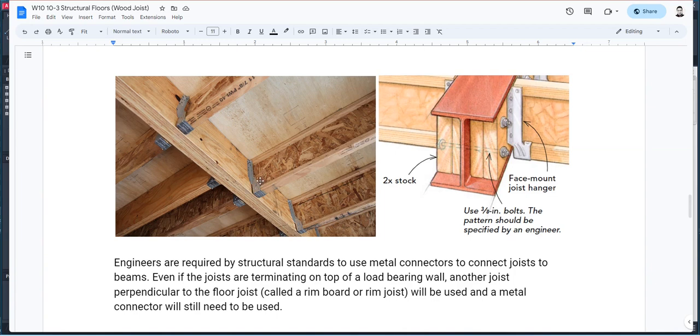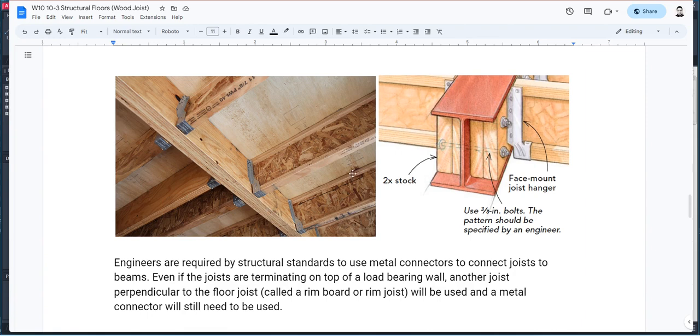Before, I think it started in the 1970s or 80s, you could directly nail a wood to a wood, and then they found out that nails get pulled out in terms of movement, or nails typically do not last or are not stronger compared to these joist connectors. So they put in the use of these connectors as a structural